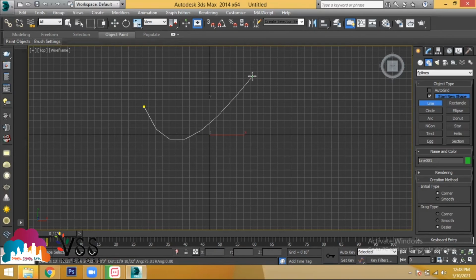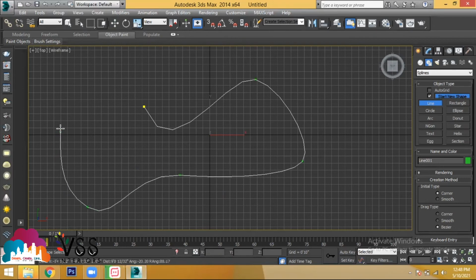I can take one more end point. Click, hold and drag. Click, hold and drag. You get a curved shape. You don't get a line here. So in the Line tool, you will find spline as well as line. Spline is, whenever you take a next end point, click, hold and drag, you will get a curved shape. You can drag it like this. Understand? So I want to end it here.